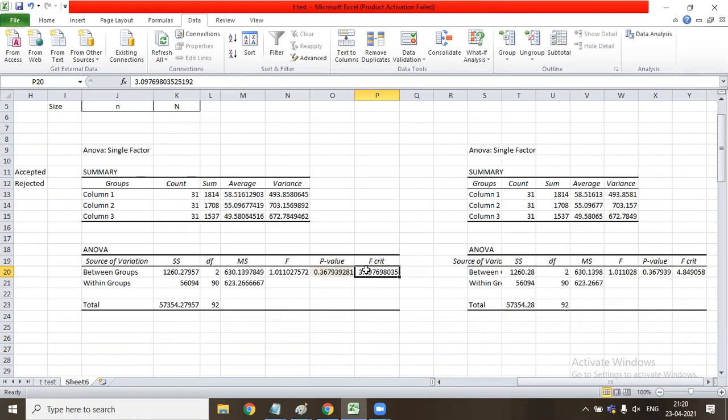So how do we read F and F critical? I'm not telling you right now at this point of time, because you will be confused. I need to first explain what the F distribution is. Sir, this value we have to compare to the F table and consider whether it is the null hypothesis or the alternative. Yeah, you're right. But the team is not aware of what an F table or T table is, so I'm not going into that.